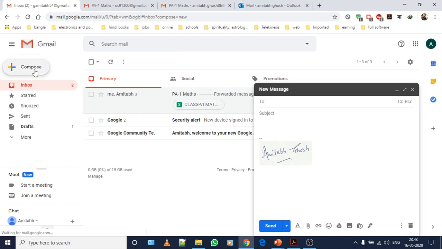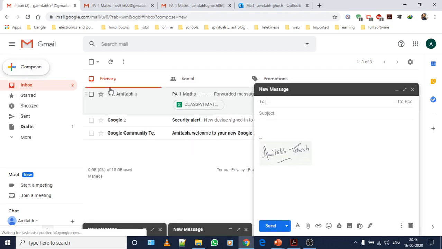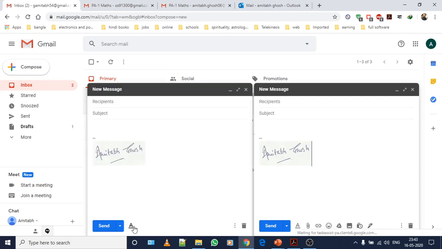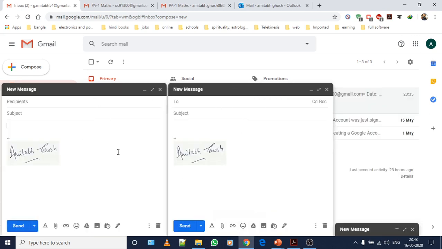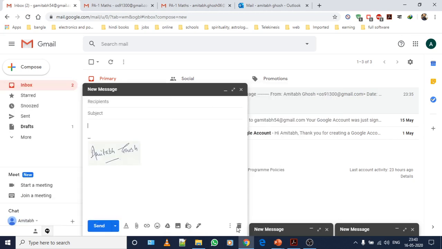The more compose message boxes you open, it will show you the signature which is added over here. See, every new compose mail shows you digital signature. Let me delete this one as it is not required now.